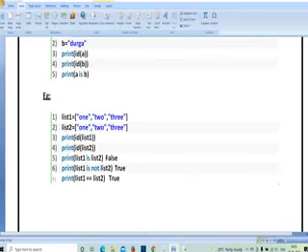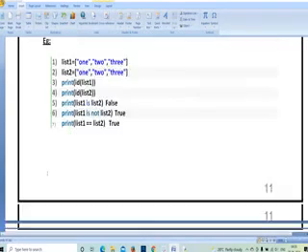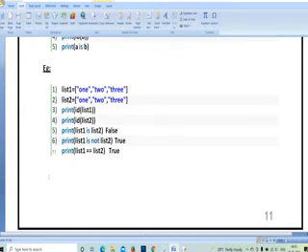Then I have created a second list with the name list 2. I have given 1, 2, 3. So print ID of list 1. In the first line I am asking what are the IDs I am having in list 1. It is going to print. In the second line I am asking print ID of list 2. So in third line and fourth line, whatever the inputs I am having, it is going to print as it is. See line number 5. Print list 1 is list 2. Means whatever the values I am having in list 1, the same I am having in list 2. List 1 is list 2, it is going to give result as false.